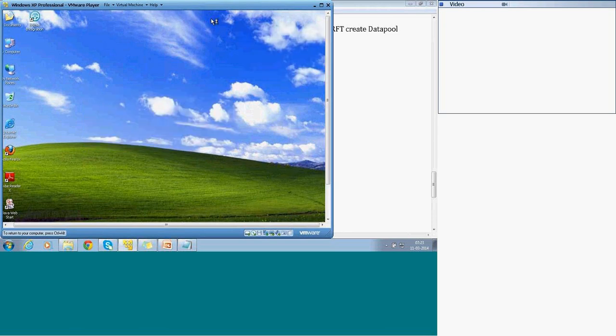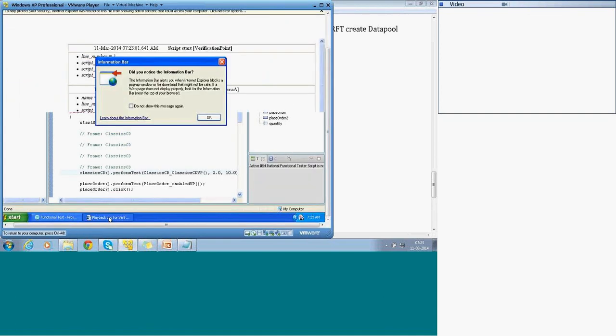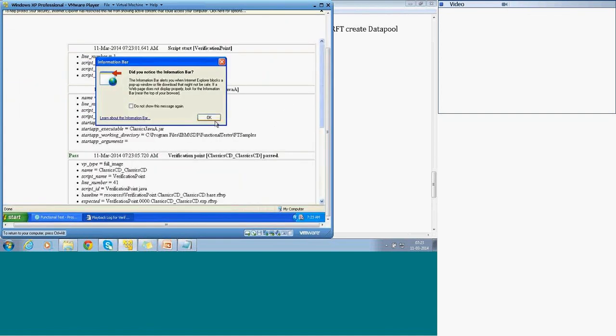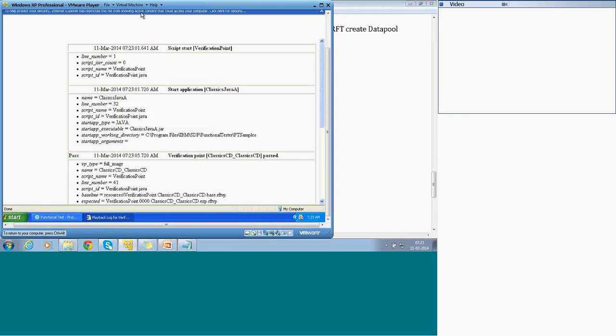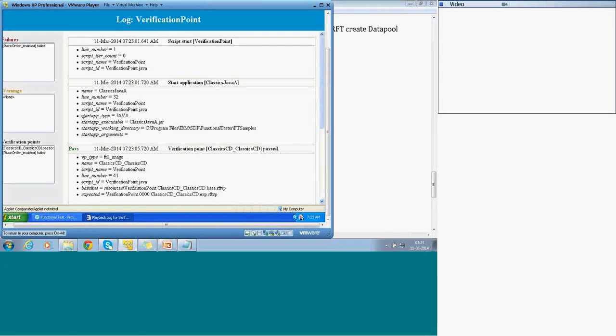Right? So he comes back to the report. Verification point CDS pass. You can note that over here. Right? Verification CDS pass. Place order enabled has failed. That is perfectly fine. So this is the image verification point.